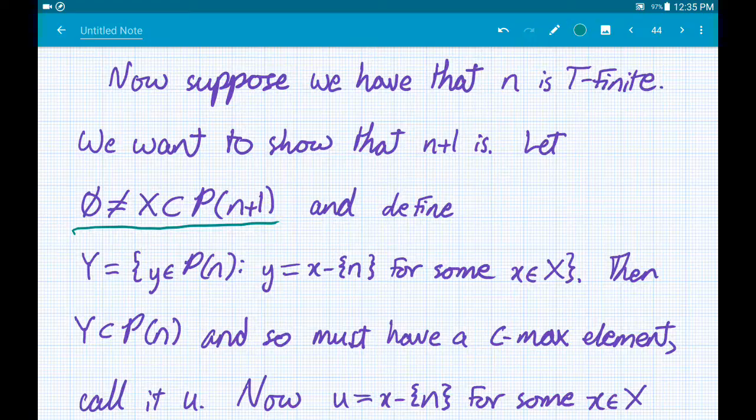Now I would like to somehow relate this to the base case, which is about n. It tells me that if, say, S is a non-empty subset of the power set of n, then S has a submax element. So this is about P of n. Now, if I want to relate X to that and somehow exploit the existence of a submax element in an arbitrary subset of P of n, then what I would like to do is